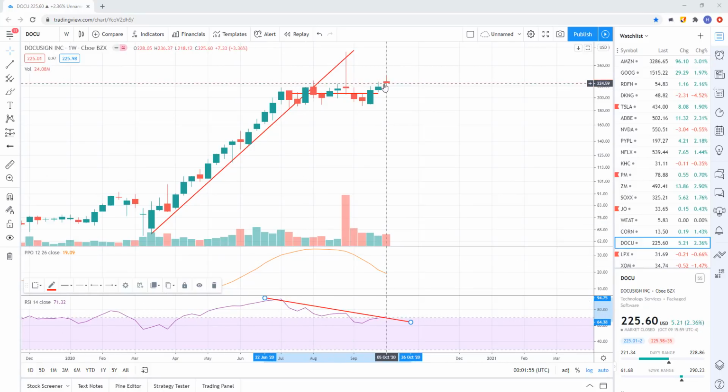We'll watch this one next week to see if we start to get some selling coming into this stock. Looks like a prime candidate for a reversal and a move down, but it's not there yet,